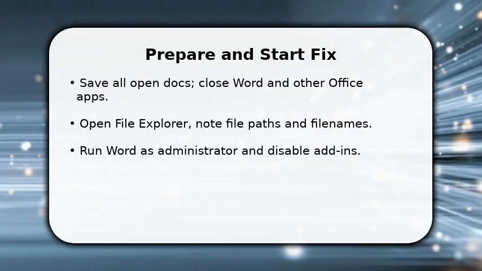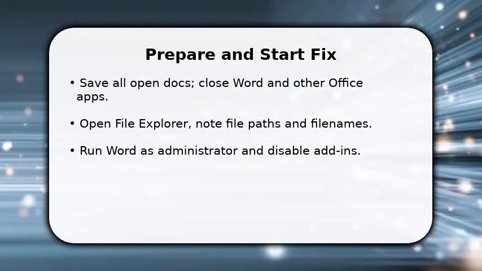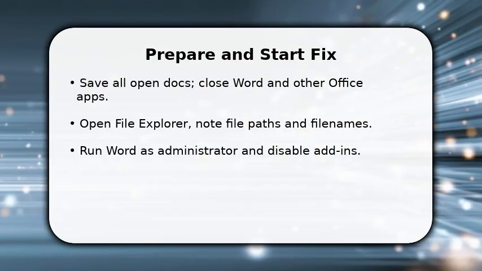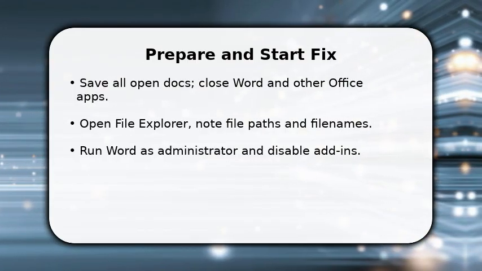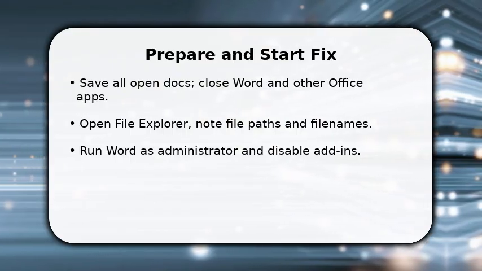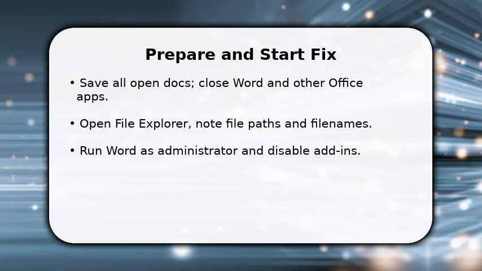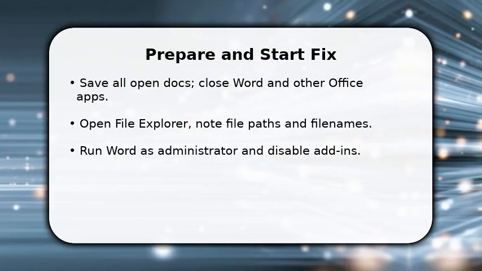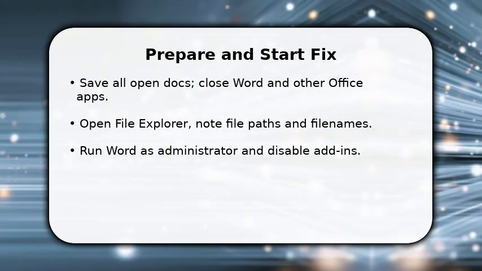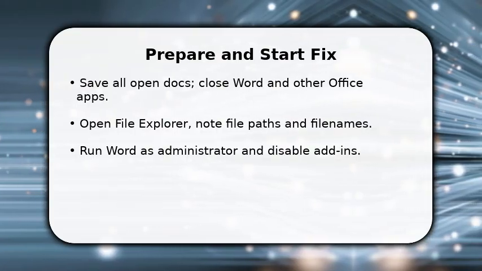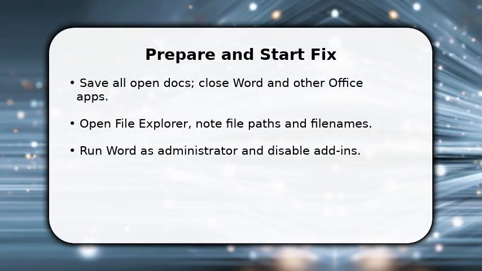You begin by saving work and closing Word. This prevents file locks. Next, run Word as administrator so repairs can write system files. Disable add-ins from File, Options, Add-ins, and manage COM add-ins. This isolates third-party conflicts. Once done, check the file path in File Explorer to confirm the document location and remove